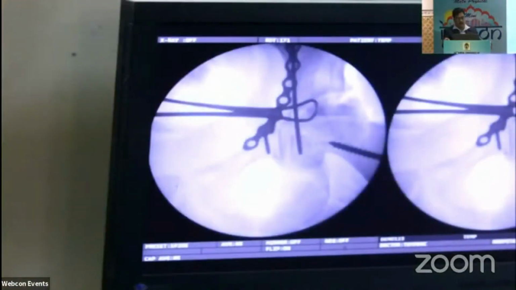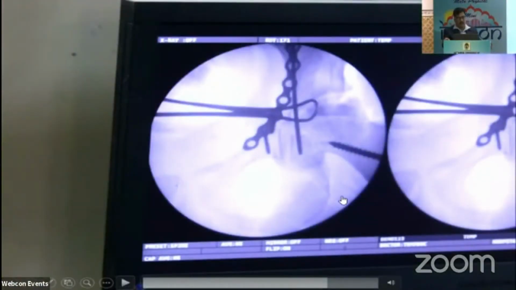And this screw is being given from the anterior to the posterior column. This is the advantage of this approach. This type of screw you can put by this approach.